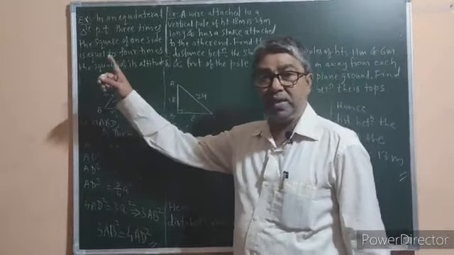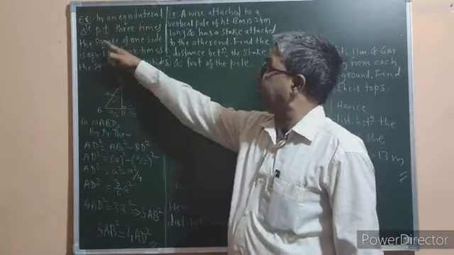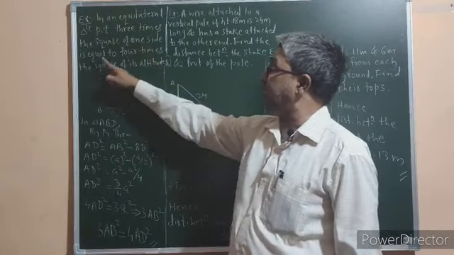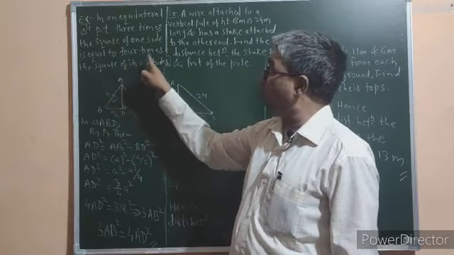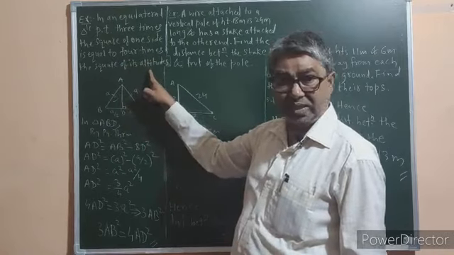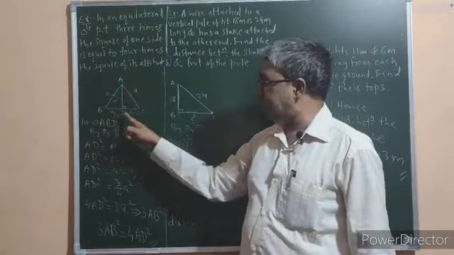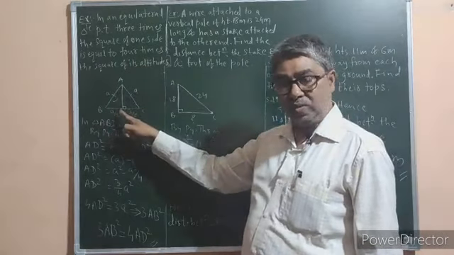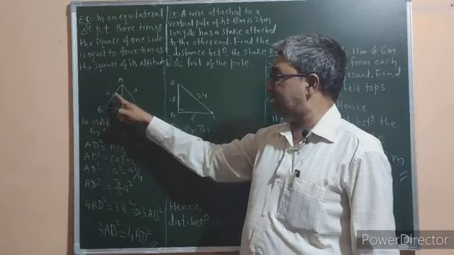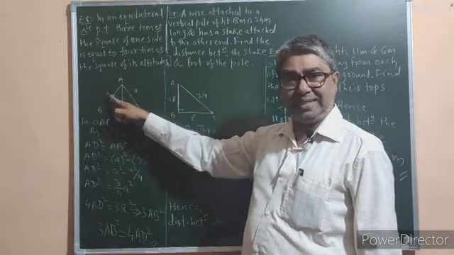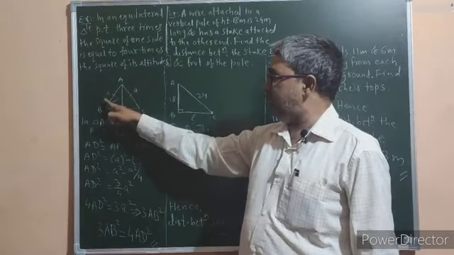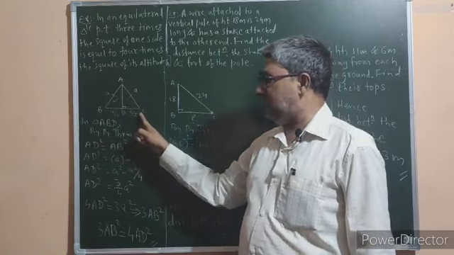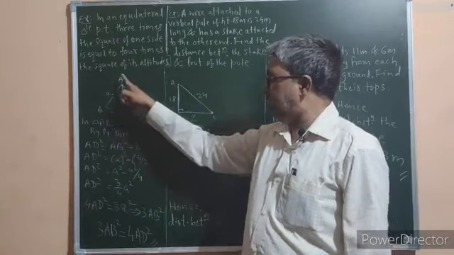So the next example is, in an equilateral triangle, prove that 3 times the square of one side is equal to 4 times the square of its altitudes. So this is triangle, equilateral triangle ABC, whose all sides are equal. Let us say the length of the side as a units. AB is a, AC is a, and at the same time the length of BC is also a, and AD